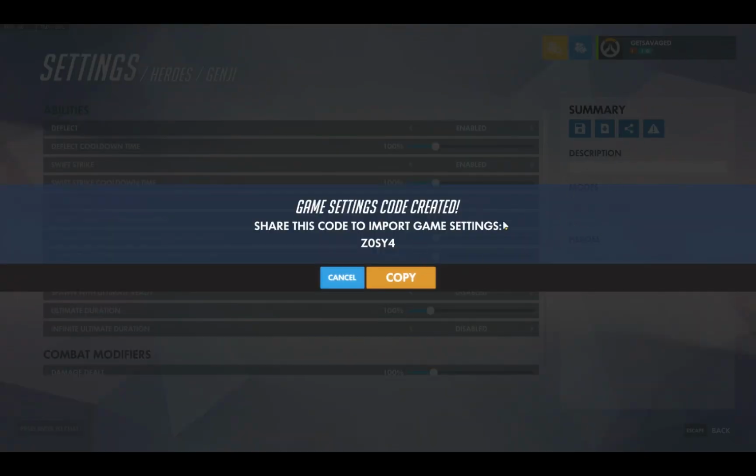If you want to just copy the code, then this is the code to import the game settings,